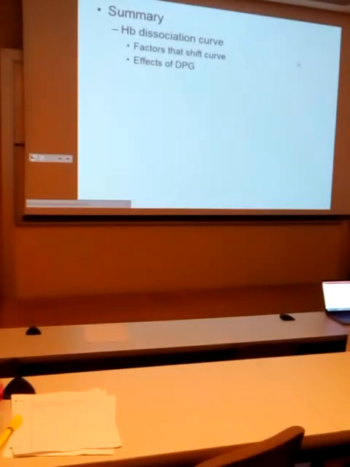We said that there are factors that can cause these binding properties to change. Elevated CO2, lower pH, elevated temperature, or increased DPG will cause the dissociation curve to shift to the right, which essentially means that it facilitates unloading or release of oxygen to the tissues. The reverse, so alkalosis, low CO2, low temperature, low DPG, will cause the binding curve to shift to the left,